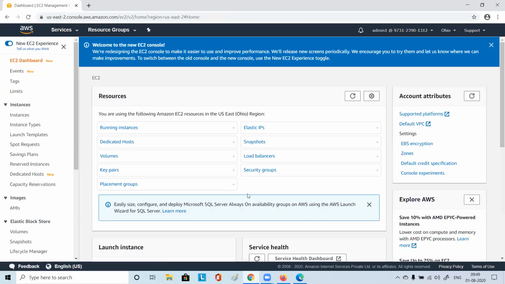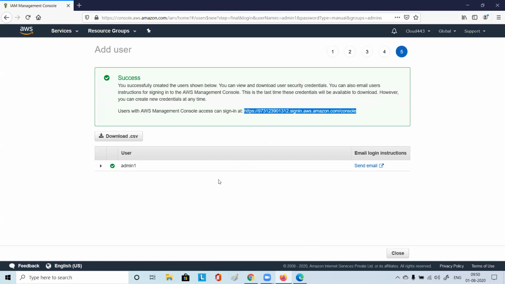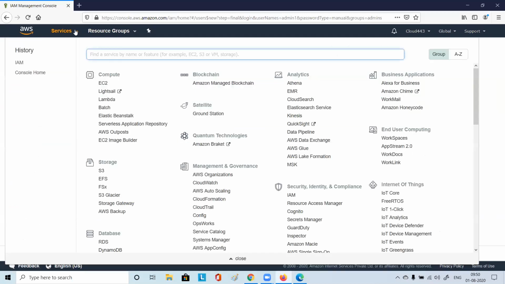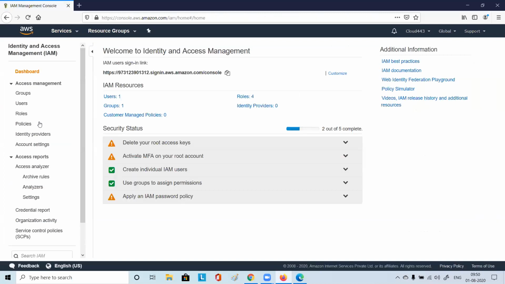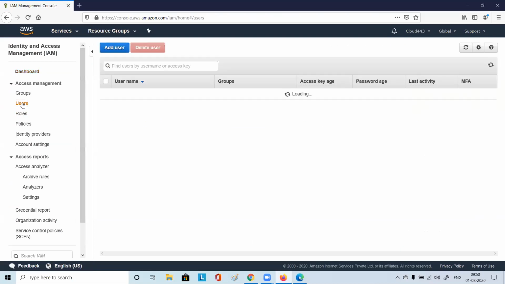So for that, you need to give some permission to the user. You can come here, go to IAM, and see the user.